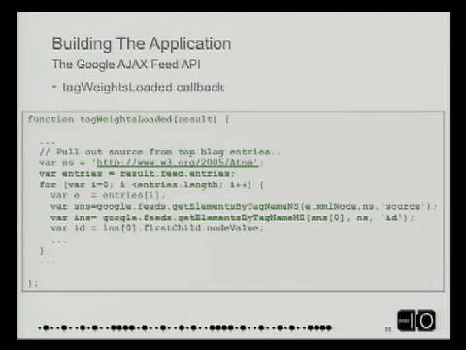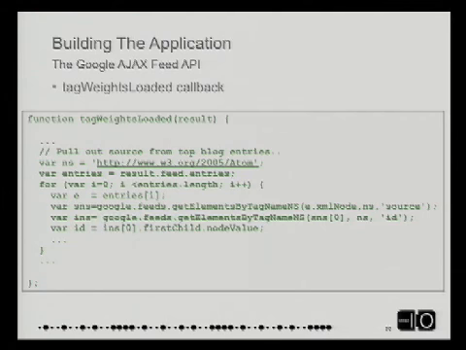Internet Explorer doesn't necessarily do that for you in terms of the namespace. Safari and Firefox do, and I think IE 7 or 8 might do it, but IE 6 didn't at the time. So I use a helper function that I know will work on all the browsers. I say, get all the source nodes out of the XML node for this entry. There's only going to be one, but it always gives you an array back. I then ask for the ID from the first one of the source.